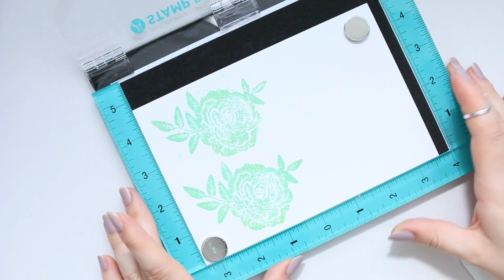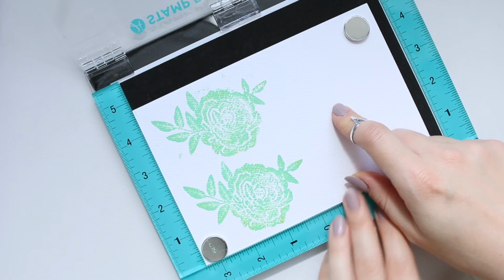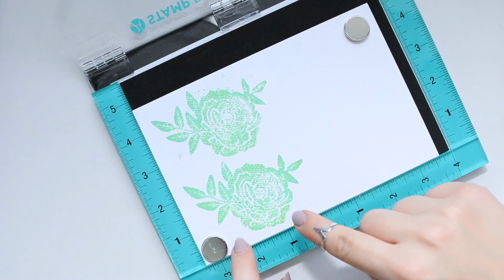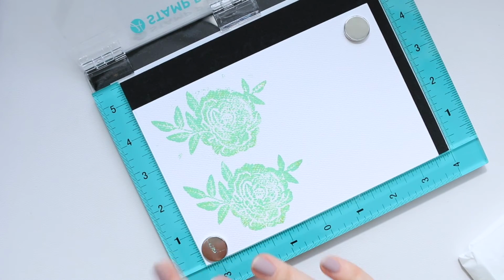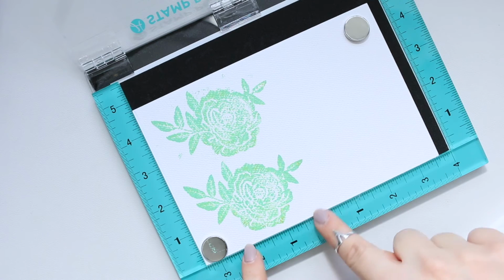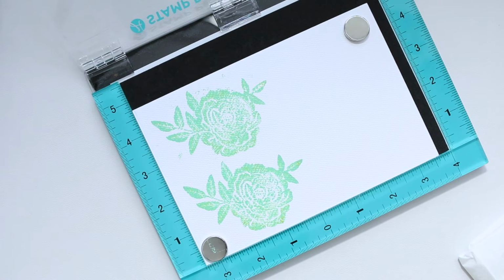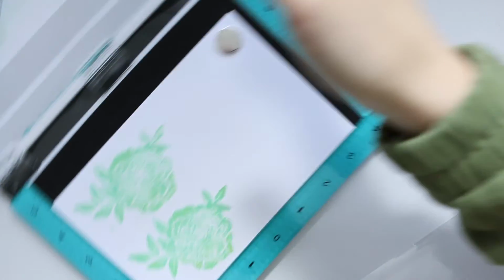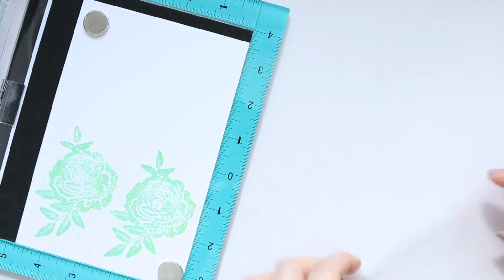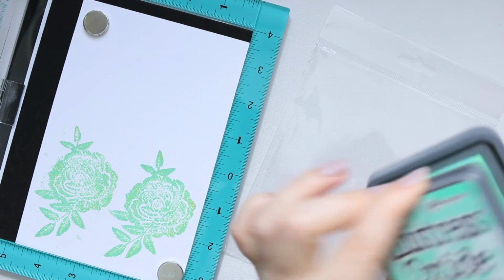Okay, so one thing I wanted to show you now, because I have 2 spaces left on this paper, is that I actually had a little bit of residue of the crushed olive on the stamp, and then I went ahead and applied a crushed pistachio, and that gave me a really lovely effect here. But what I want to show you now is how you can do that without getting your ink pads contaminated with other colors. So what you would do is take that packaging that I told you about before